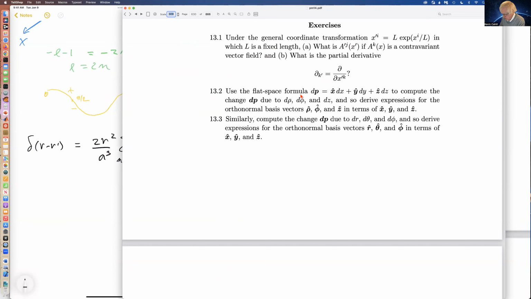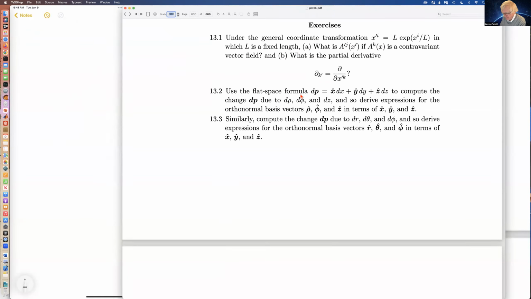So maybe I'll try to do for you in real time the second one. And so as to not waste your time, I'm going to actually look up the solution so that we save time here. So the basic idea here is that,